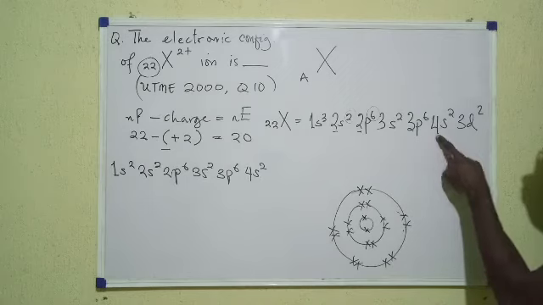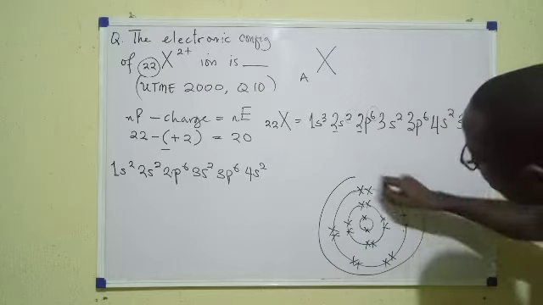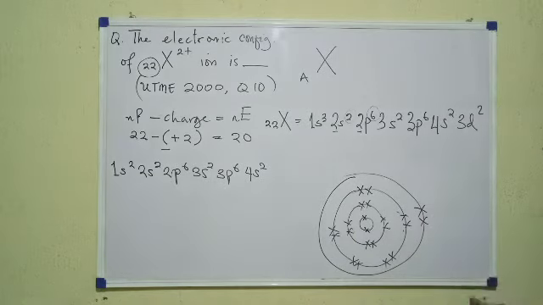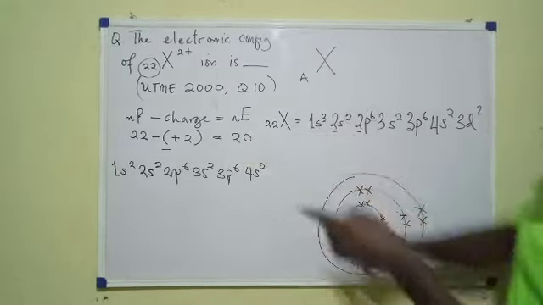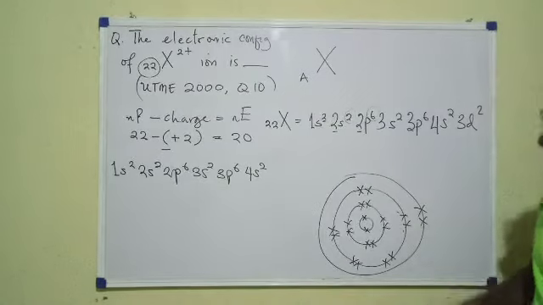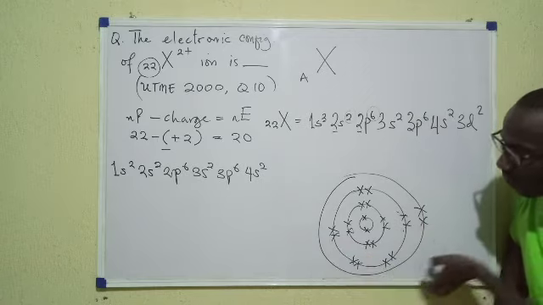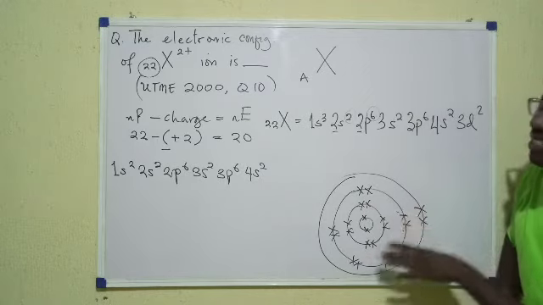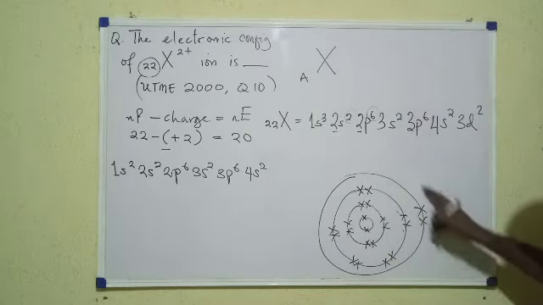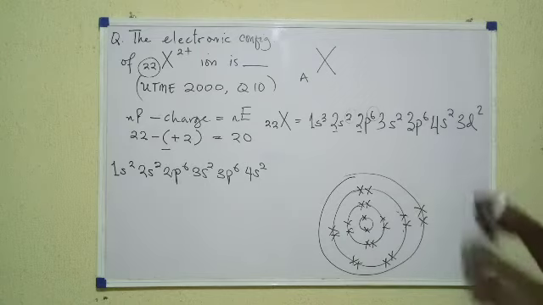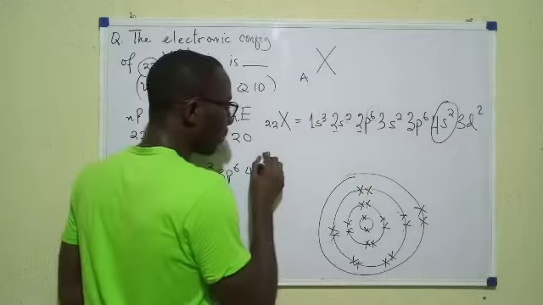Alright? Then there's a fourth shell with how many electrons? 2 electrons. So I'm going to draw the fourth shell like this, and out there I'll put 2. Now, if this element is to give out 2 electrons to produce its ion, it will give out the outermost electrons, so that once that outermost shell goes, what we have left is the ion of element X. Now remember that these 2 electrons are in the fourth shell. And where's the fourth shell in this expression? Here it is. So that's what we are going to remove. So that 22X2+